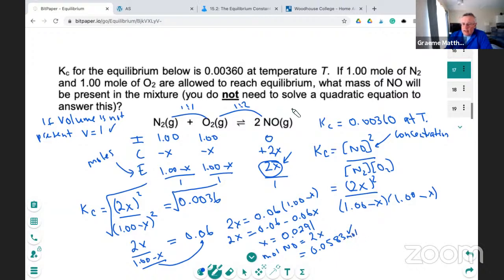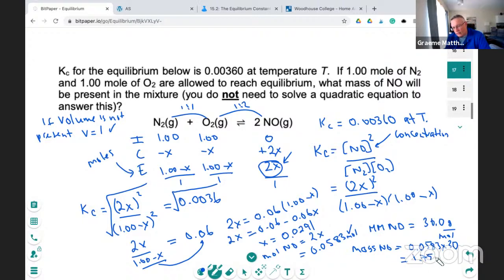And then you need to get the molar mass. Got to get the molar mass, don't you? So the molar mass of NO is equal to 30 grams per mole. Only in A-level chemistry would NO equal 30 make sense. And so therefore the mass of NO is going to be 0.0583 times 30, which is coming back as